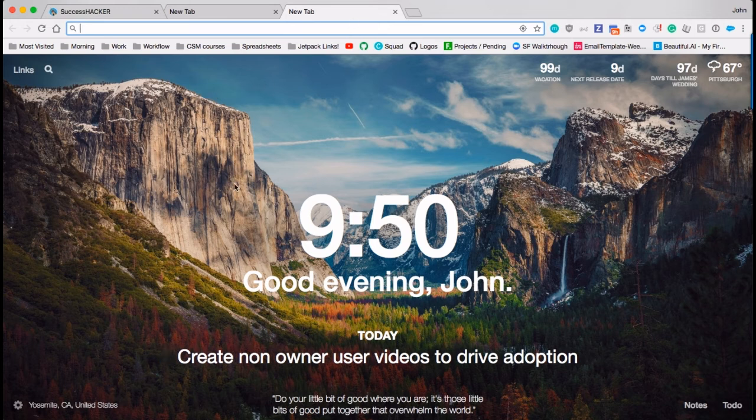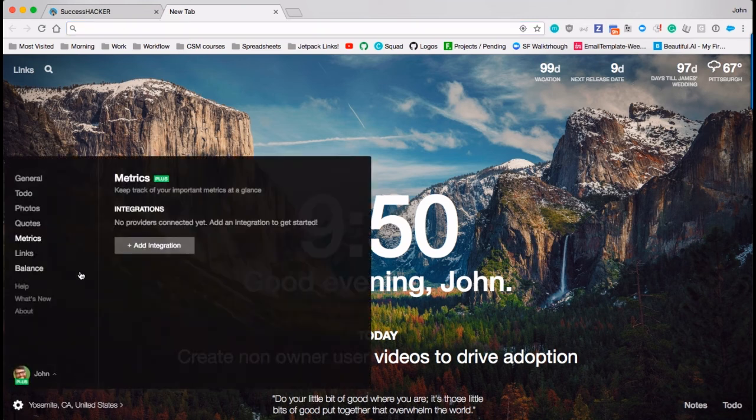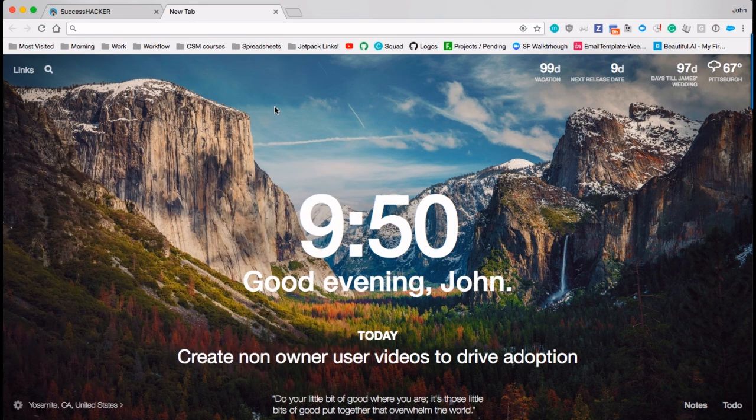Hope you folks enjoyed watching. Again, this has been Momentum. It's for both Chrome and Firefox. It is a free version you can get. You can also get the paid version. Like I said, though, the paid version is going to have the notes, it's going to have the countdowns, it's going to have the ability to come in here and add integrations as well as get metrics, etc. But try the free version. Highly, highly recommend it, and I promise you,